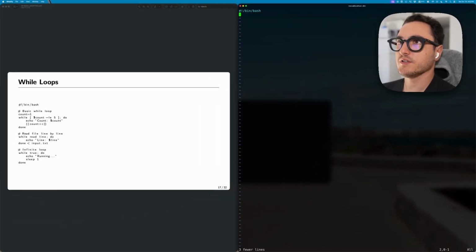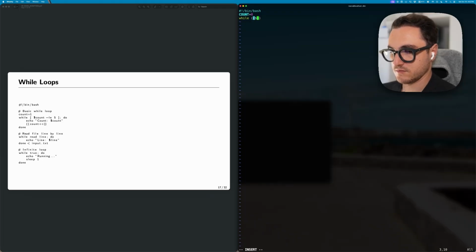A while loop is a loop that has a condition that, as long as it's true, we are going to execute the loop. So if we have a count equal to 0 and while count is less than 5,